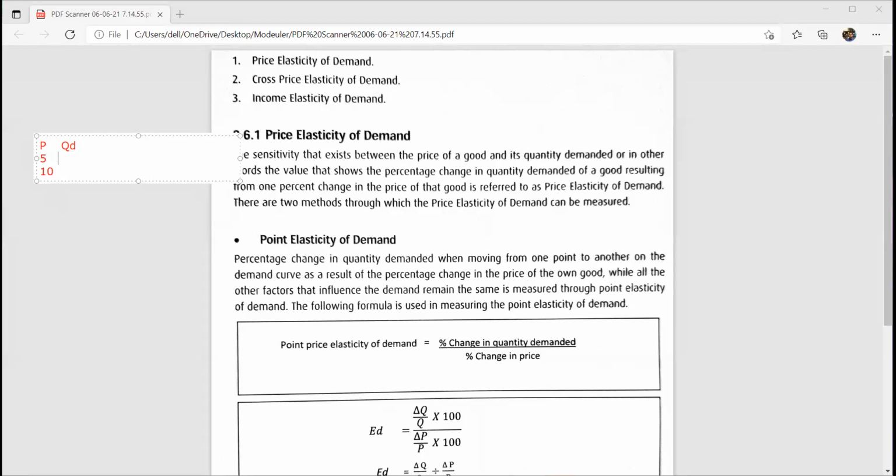Just I'm going to draw a table here. When the price is 5, 100 units are purchased, then the price is 10, only 80 units are purchased. There is an inverse relationship. So price elasticity of demand means we are going to calculate such a response between